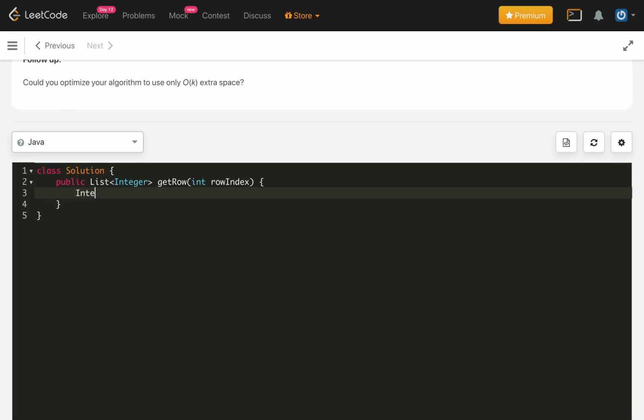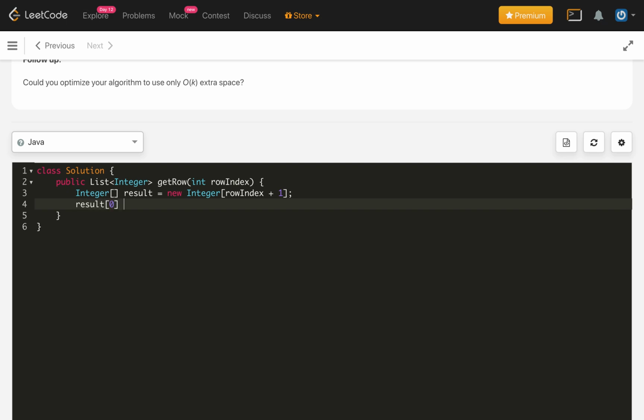First of all, we will declare an integer array, same as the previous solution, result, new int of row index plus 1, because the row will have one extra element. Let's initialize the first element: result of 0 is 1. Now iterate from int r, let's call it r instead of i because we discussed with r. r starts from 1, r is less than or equal to row index, r plus plus.